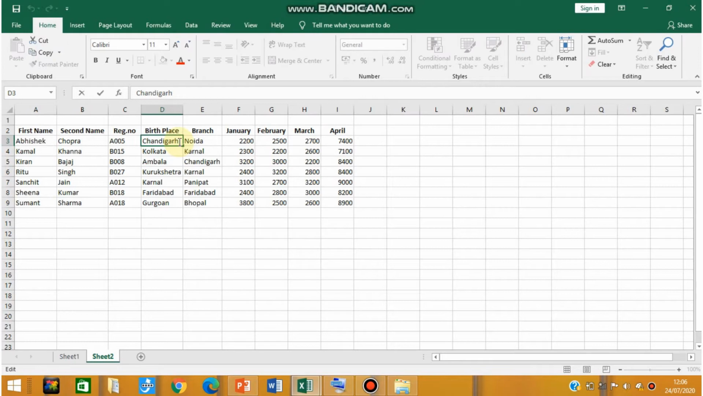Now the next item is to delete a range of cells. Fine. First you have to select the particular range of cells. Suppose I want to delete this whole column of birthplace. Fine. So first